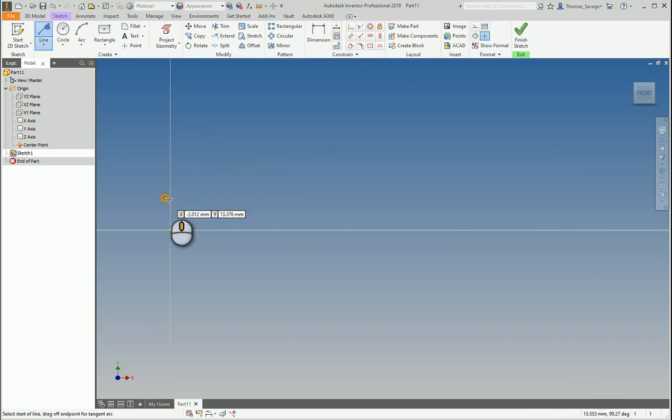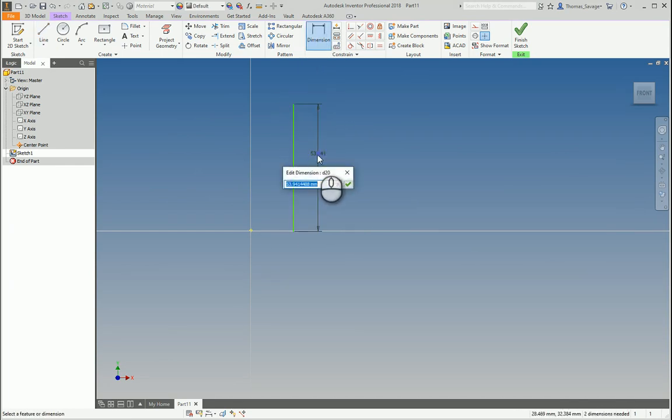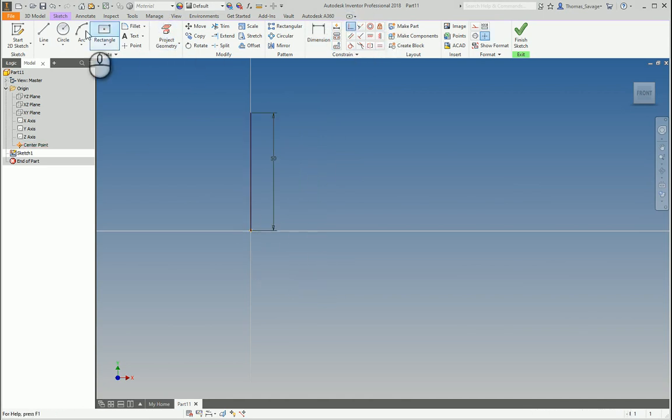And the next is symmetry. An example would be, dimension this up. If we had a line here that was a set distance from this line, 25 will do. Then if we had